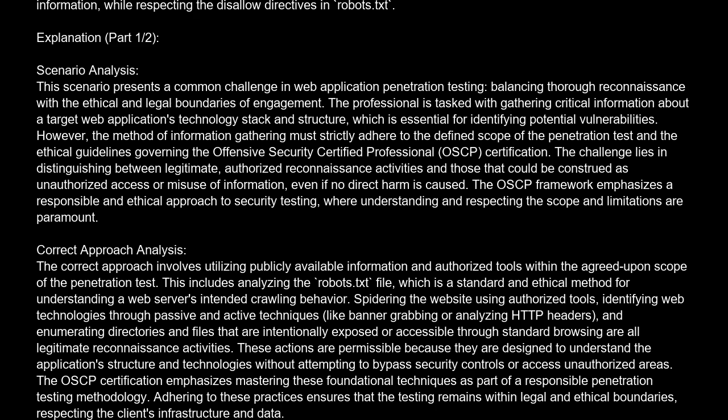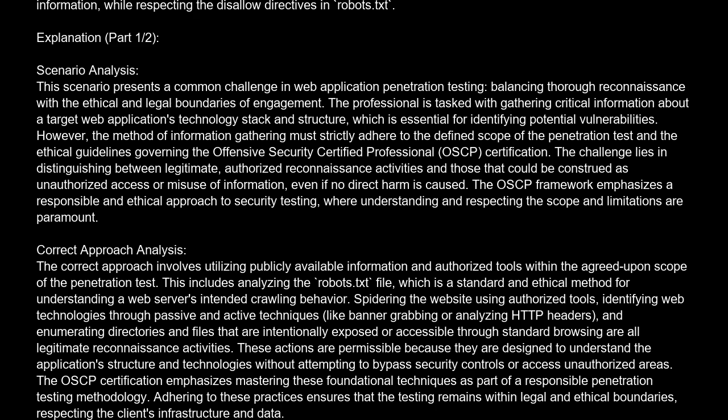Explanation. Scenario analysis. This scenario presents a common challenge in web application penetration testing, balancing thorough reconnaissance with the ethical and legal boundaries of engagement. The professional is tasked with gathering critical information about a target web application's technology stack and structure, which is essential for identifying potential vulnerabilities. However, the method of information gathering must strictly adhere to the defined scope of the penetration